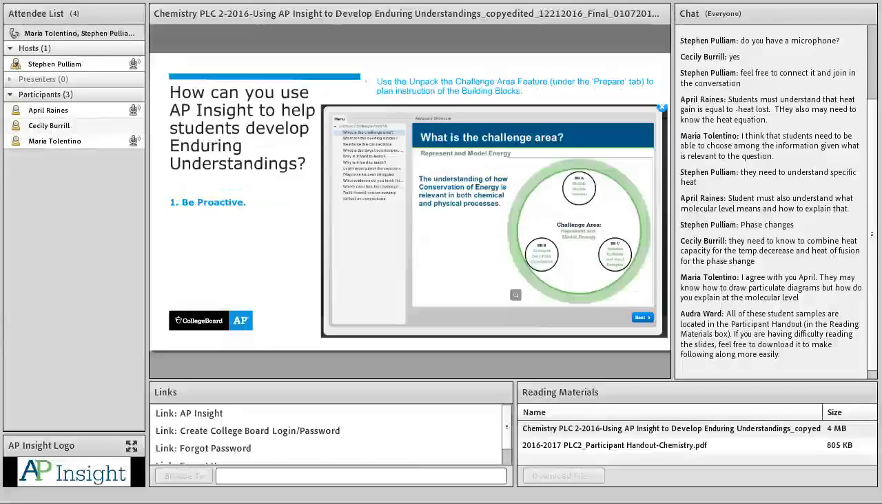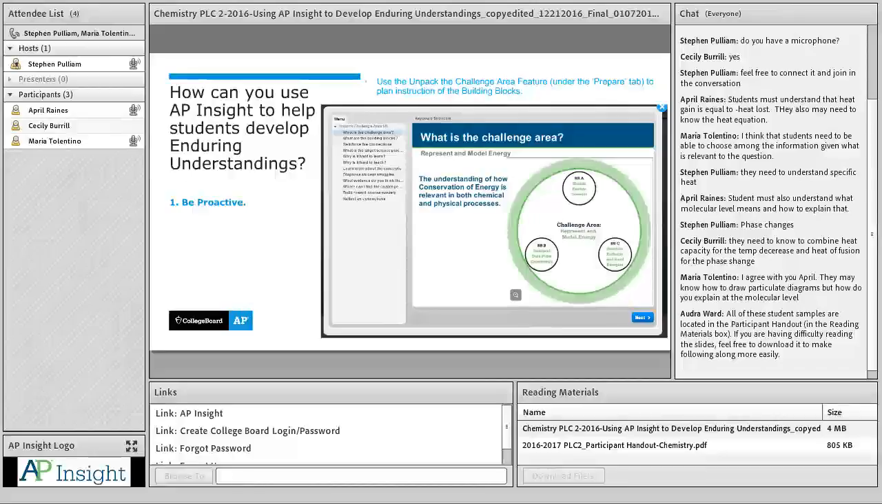All right, so how do we as teachers then help students develop enduring understandings? We want to get them there. We know a little bit from analyzing those whether they're there or getting close. But how do we start from the beginning to get them there? One of those things is simply being proactive and being able to anticipate some of the issues before they arise. And so another one of those valuable resources on AP Insight